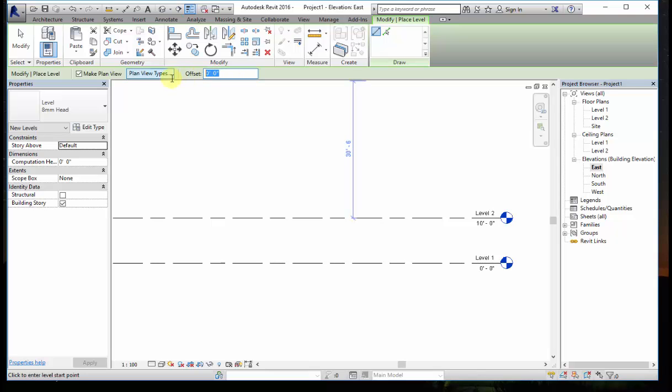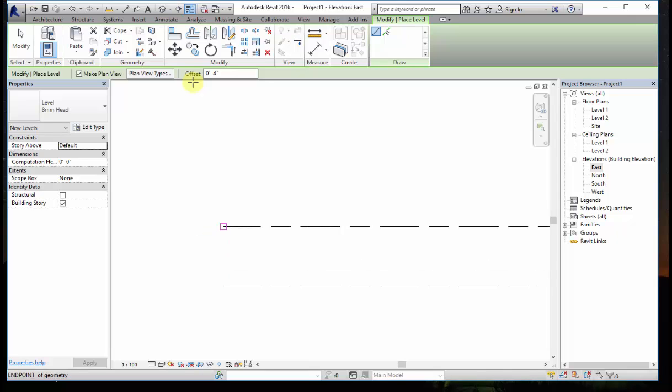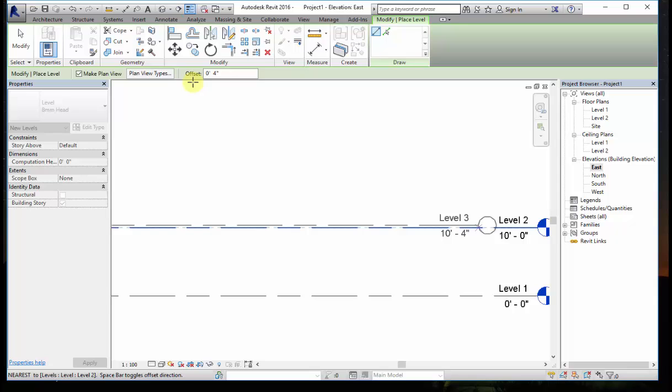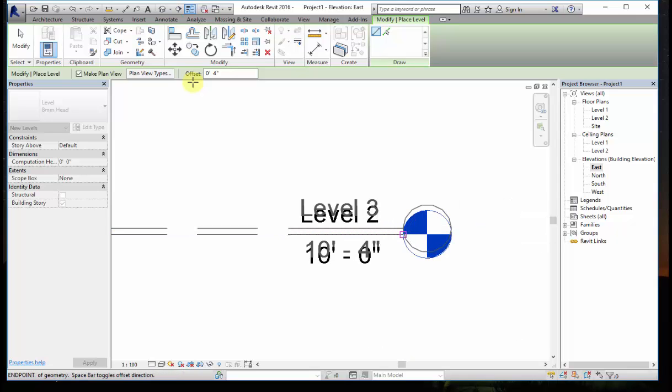After you select the draw tool as Line, I come over here and give the offset. Just imagine this is my wall. After my wall, I'll be creating my slab level. How much will the slab thickness be? That offset I give over here. For example, I'll give it as 4 inches. Now I'll drag a level from this end to the other end like this. So this is how it works if I select the draw tool as Line.